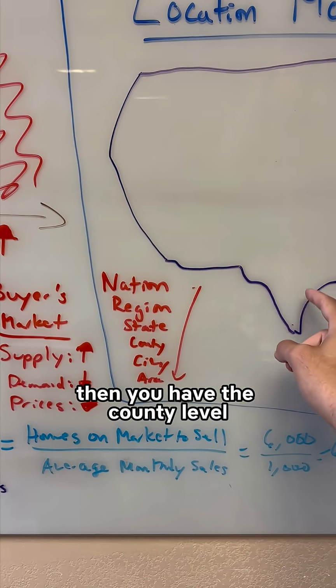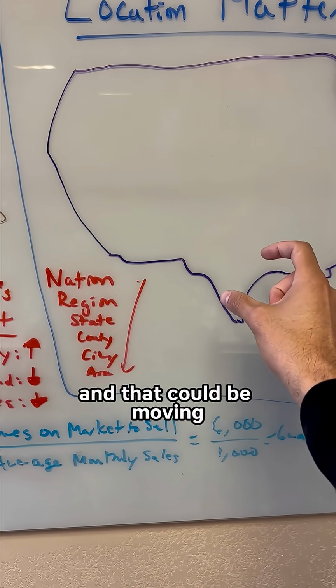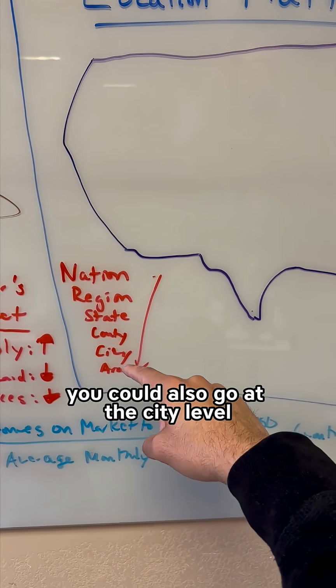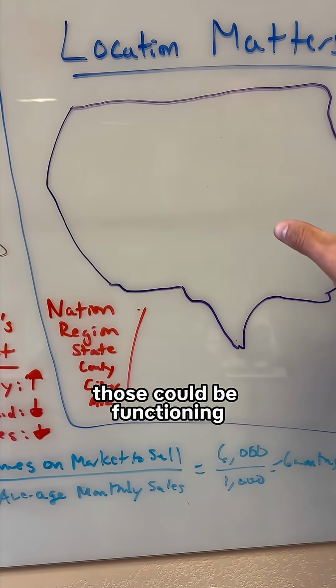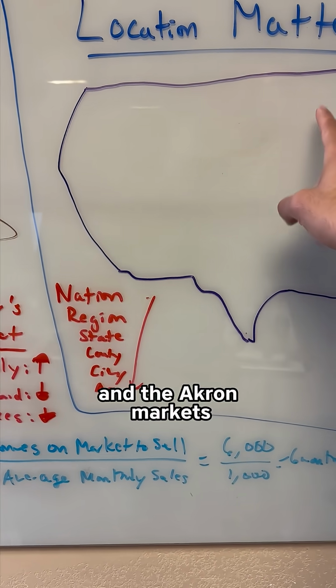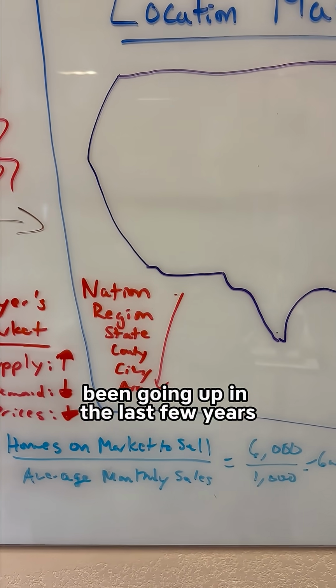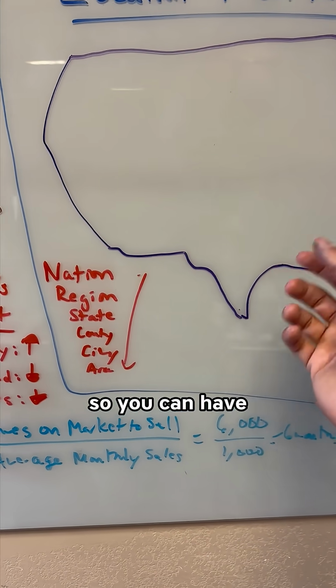Then you have the county level. You can have Travis County, which is Austin's county in Texas, and that could be moving differently than the counties around it. You could also go at the city level, like Austin or New York or LA. Those could be functioning completely different. For example, the Austin market's been going down and the Akron market's been going up in the last few years. And then you have areas within the city like neighborhoods. So you can have certain neighborhoods that are